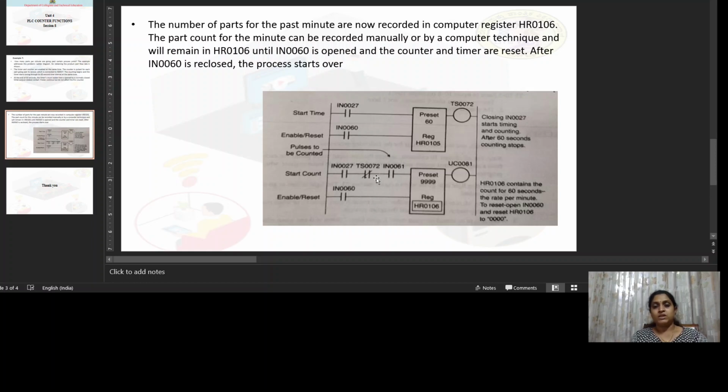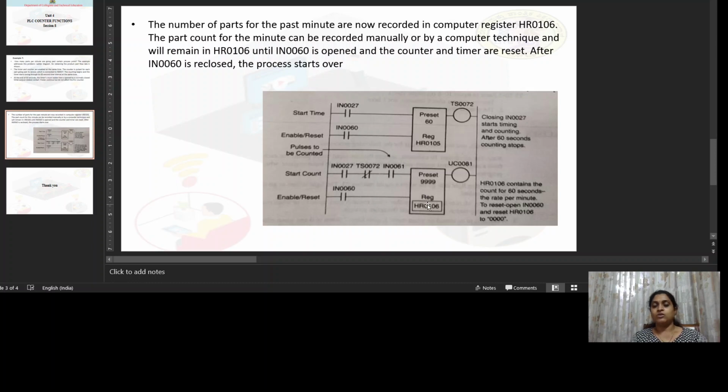When a pulse from the sensor arrives, the current value stored in the register HR106 will be incremented by 1. Suppose that a second object passes through the sensor. In that case, a second pulse will energize the contact IN61.